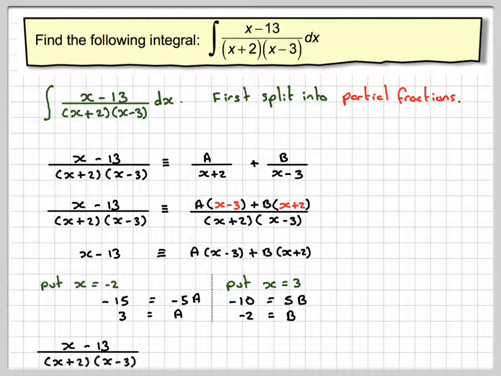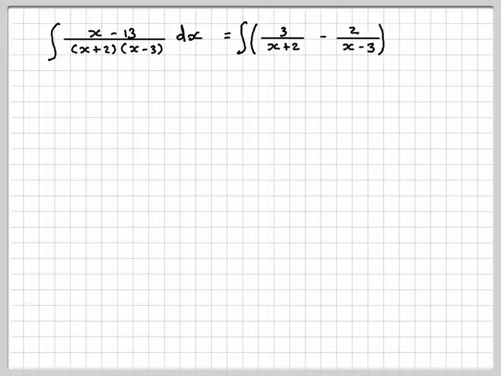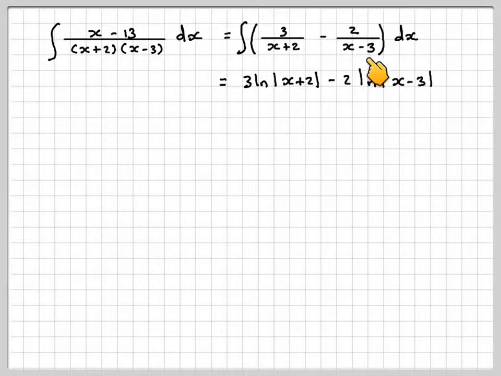Therefore my fraction (x - 13) over (x + 2)(x - 3) will become 3 over (x + 2) minus 2 over (x - 3). Right, so if we integrate that, it's the same as integrating this. So we can now integrate term by term. This is a logarithm, so this will be 3 ln|x + 2| minus 2 ln|x - 3| when we integrate,